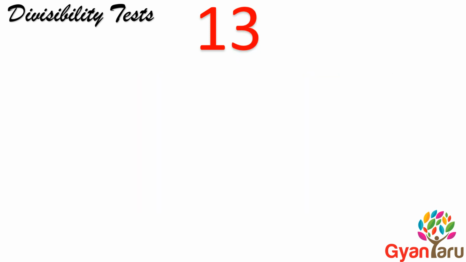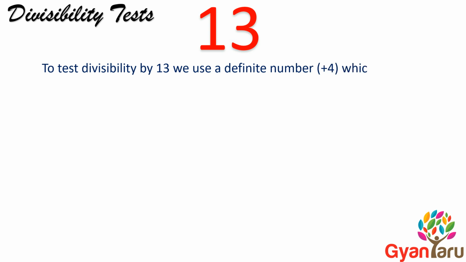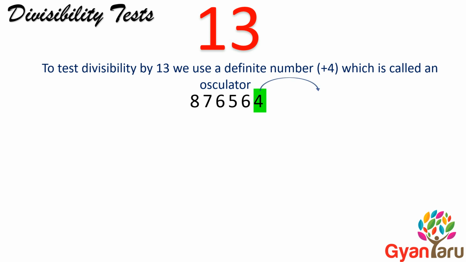Divisibility test of 13. To test divisibility by 13, we use a definite number positive 4 which is called an osculator. For example, in this number the unit digit is 4. We multiply this number by our osculator 4. We get 4 times 4 is equal to 16. Now we add 16 to the remaining number. We get